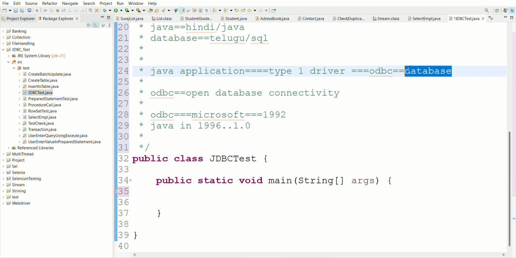Database can understand only SQL language, not Java language. So we need a translator here so that it will convert our Java request to database request. So that's why we need the driver. The main advantage of driver